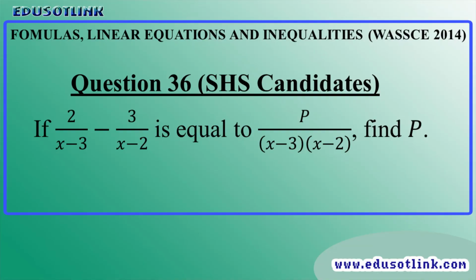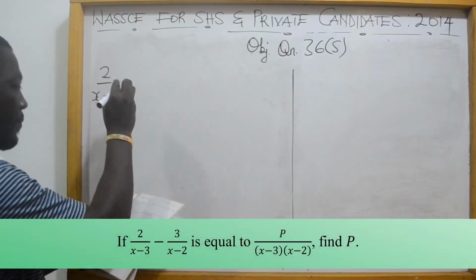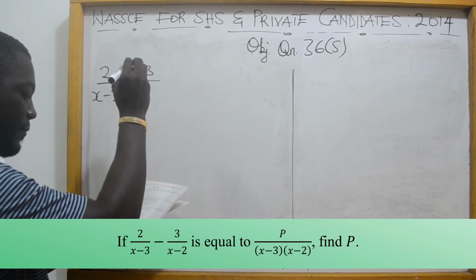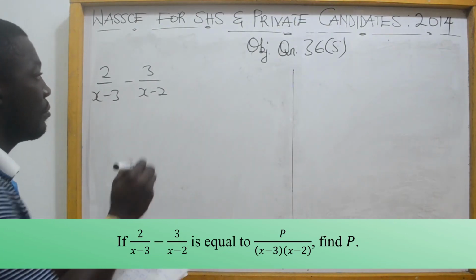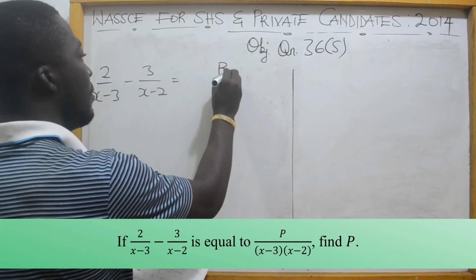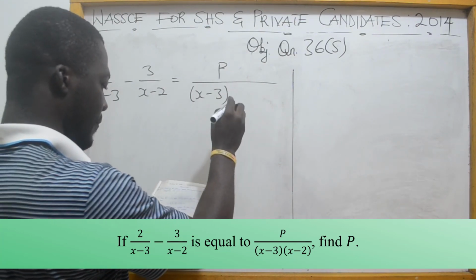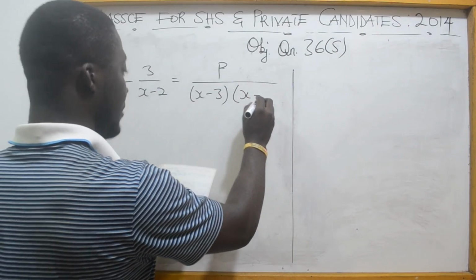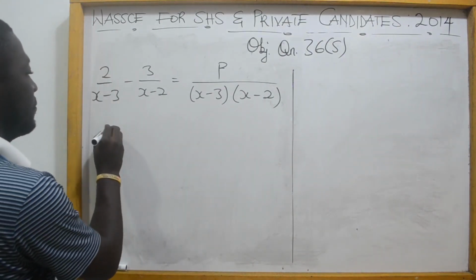Objective question 36 for senior high school candidates. Now it says if 2 over x minus 3 minus 3 over x minus 2 is equal to p, all divided by x minus 3, x minus 2. You should find p. How do we find p? So let's do some